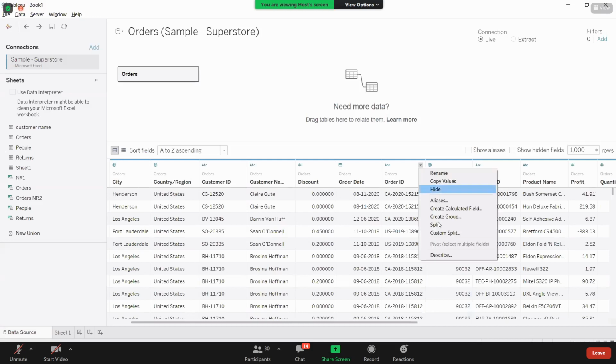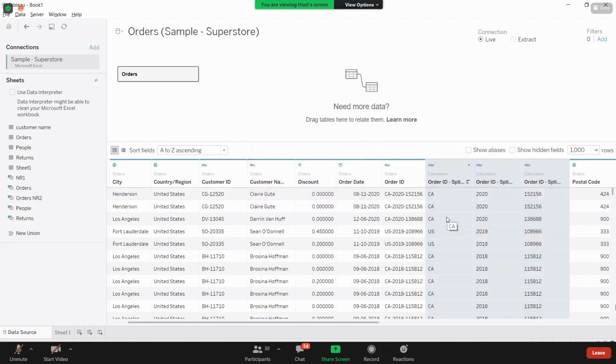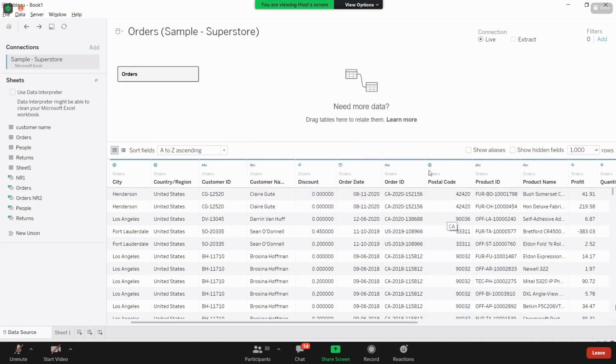Again, Control Z, just go to custom split. Even instead of this, just mention the separator and take all. With all, you don't have the option to select the columns. All three will be shown here. I'm pressing Control Z, and let me show you one thing here.